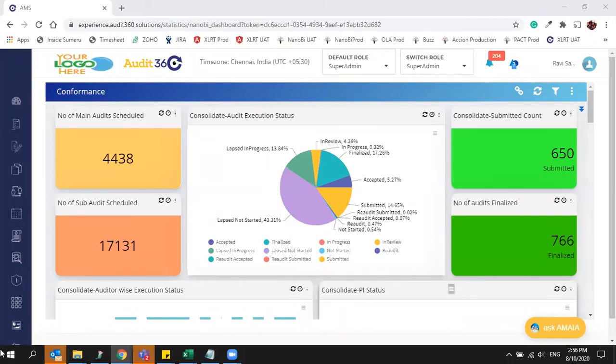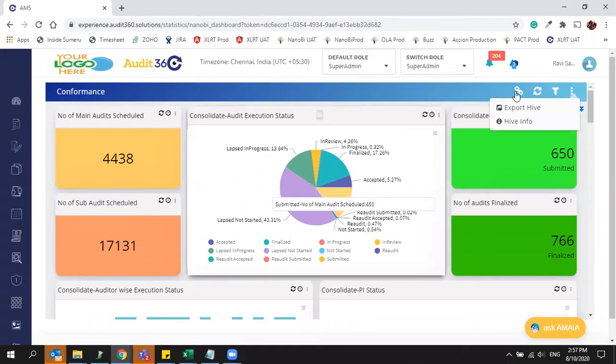Okay, so I'll start with the feature level access you currently have. At the dashboard level, you will get linked analytics and refresh, and there is a filter option, and there will be an export option. If you want to export the entire dashboard, you can do it.